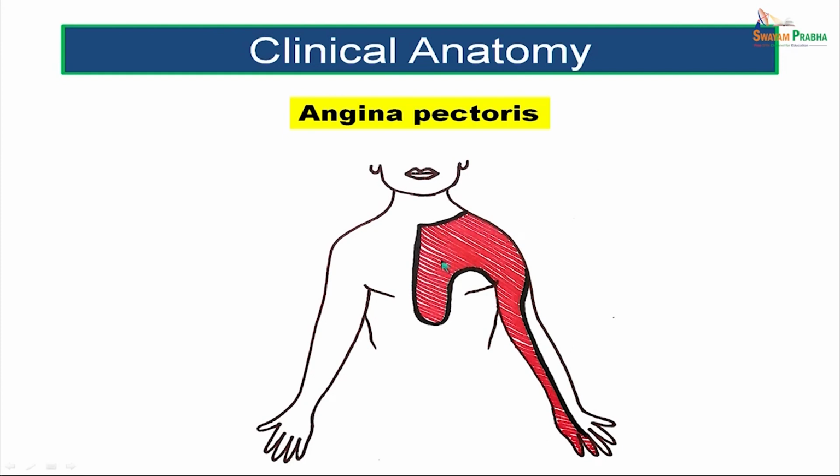This is the characteristic pain which develops in case of insufficiency of blood flow to the myocardium of the heart. But the pain can also be referred to the jaw. It can also be referred to the right side of the chest or shoulder, or the right arm, or to the back. So, these variants can also be seen. Otherwise, normally it is seen as the retrosternal pain, the pectoral pain or the pain in the anterior part of the upper chest, and then shoulder pain which goes on to the medial side of the arm, forearm up to